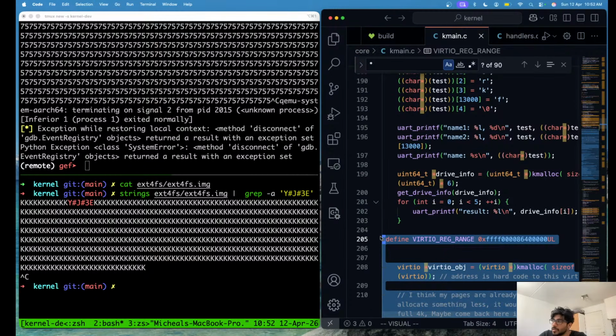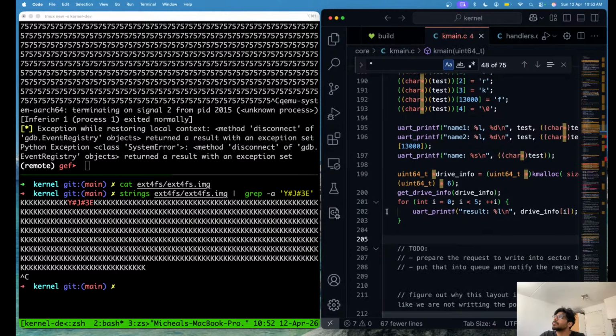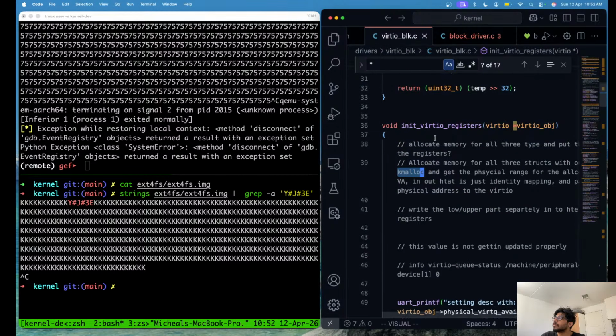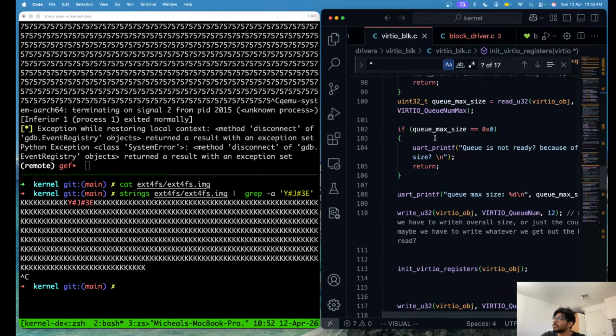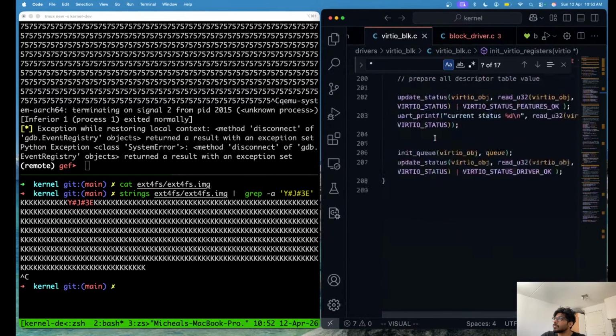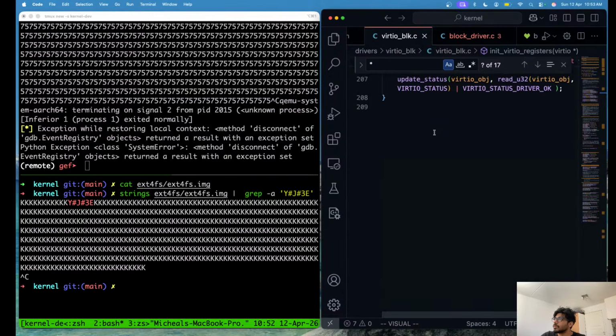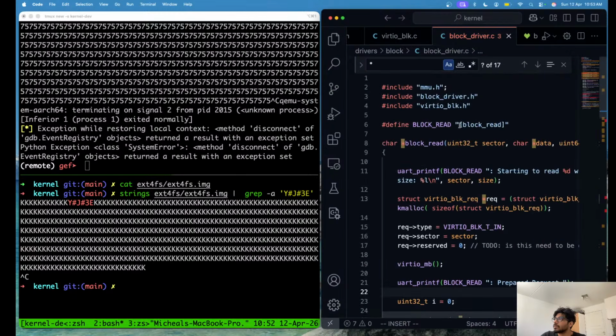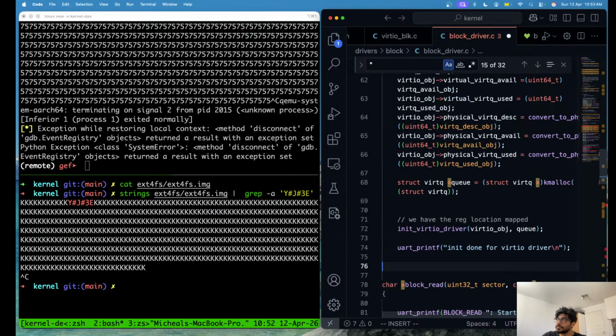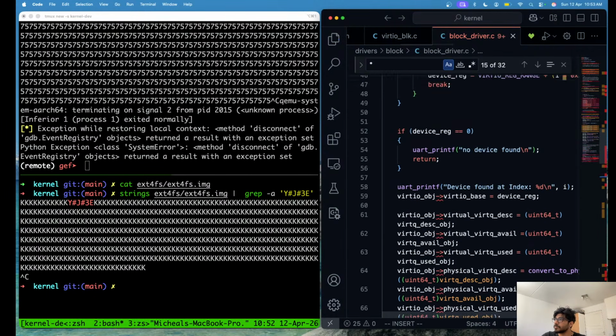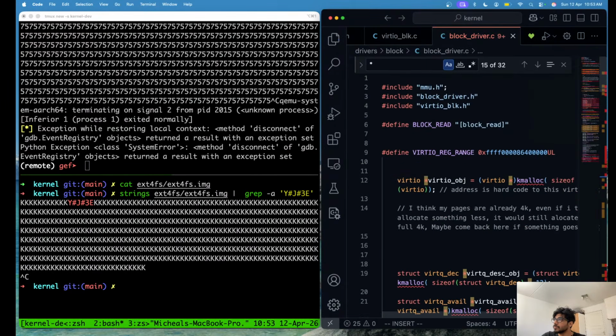And we cut it, paste it, and move it inside block. And we call it